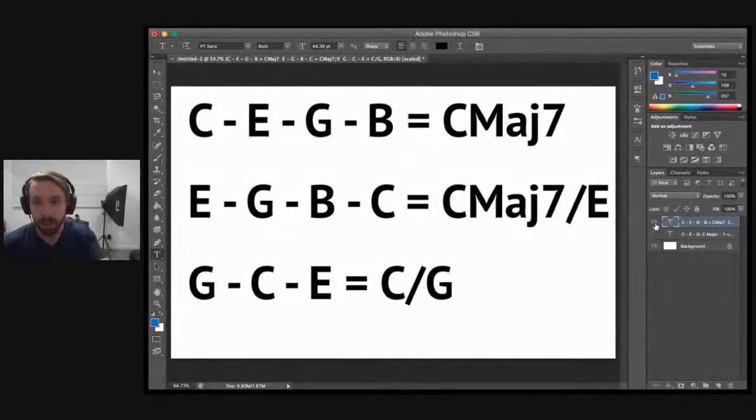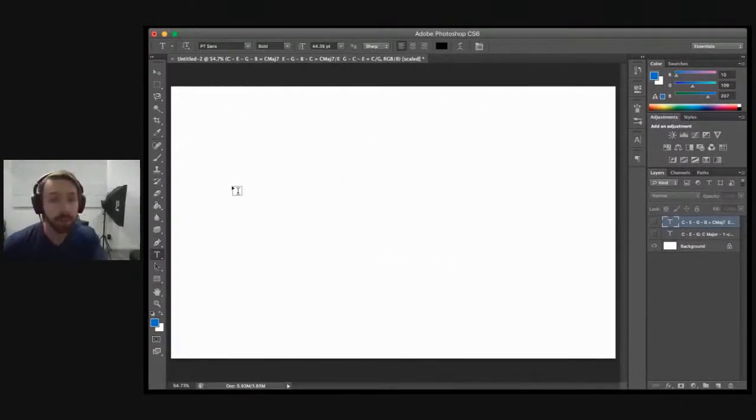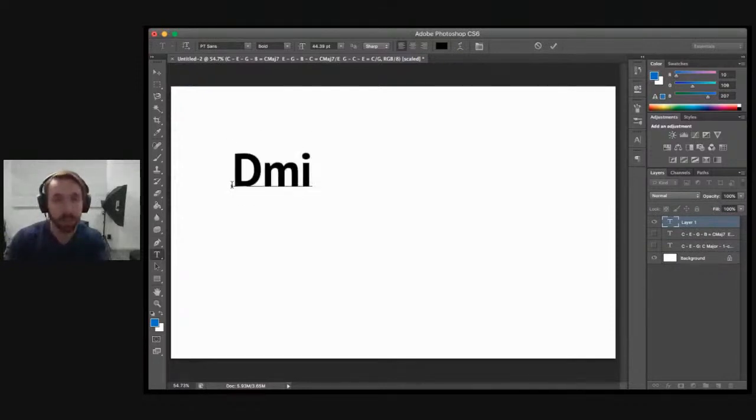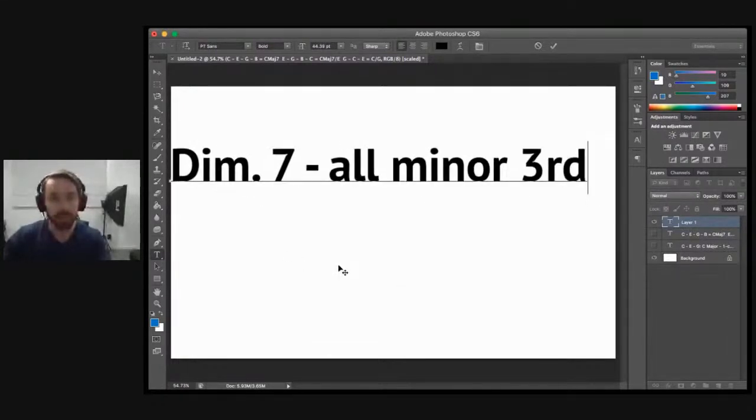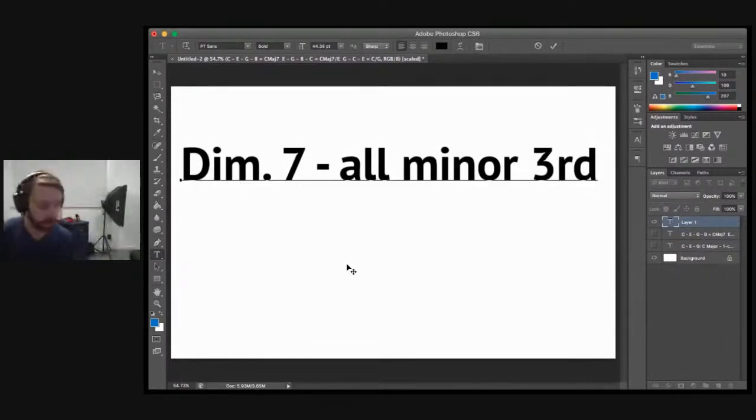Okay, so let's talk more about the diminished thing, because that's super interesting. If you haven't figured this out yet, I'm a bit of a nerd when it comes to music theory stuff. So, diminished chords and how they work. Just in case you don't know, a diminished 7 chord can be created by using all minor thirds. If you pick any random note, for example C, and create C diminished 7, you go up a minor third, another one, and another one, and that's the whole diminished chord.